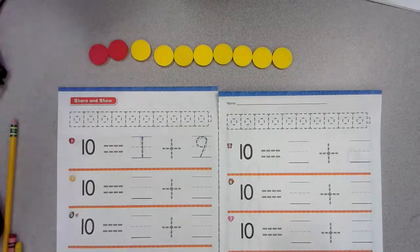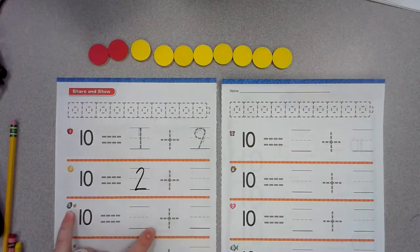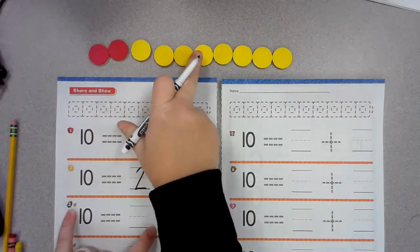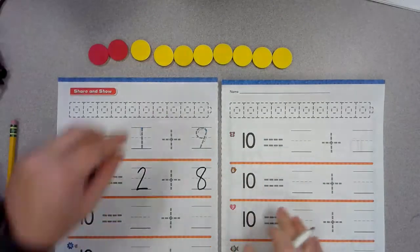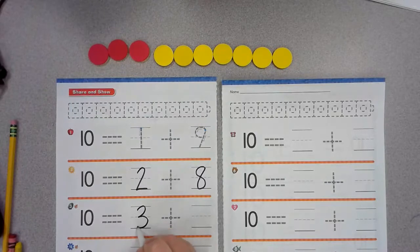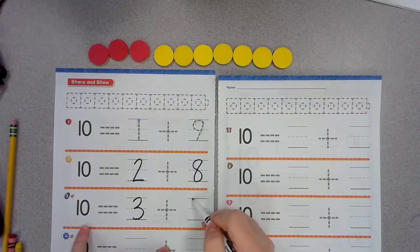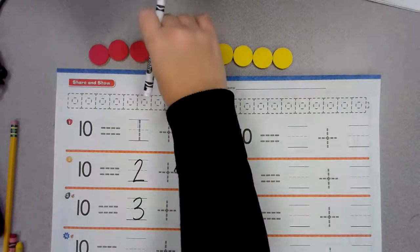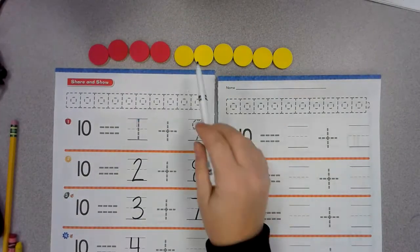If I flip 1, how many are red now? 2. And how many are yellow? 1, 2, 3, 4, 5, 6, 7, 8. Let's keep going. Flip it again. How many are red? How many are yellow? One more time. 4, and